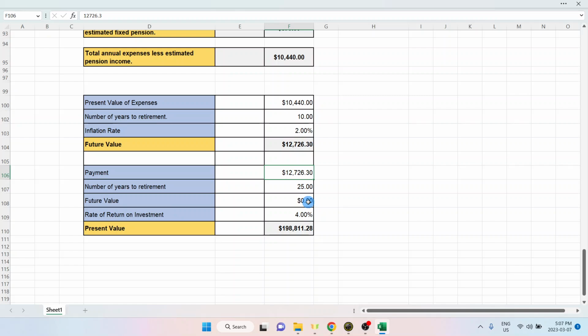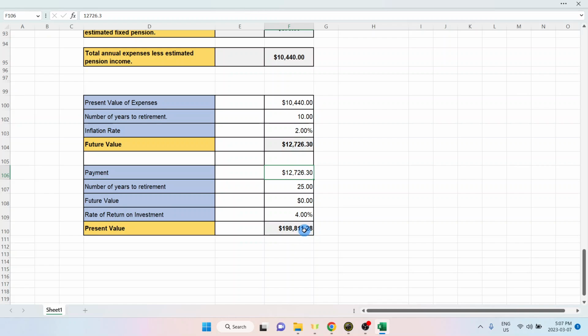So they won't leave anything to their heirs, to their kids to inherit. And this money will be invested, and they assume that they will earn a 4% rate of return. If all this is true, they will need to save by retirement time